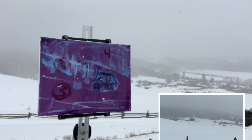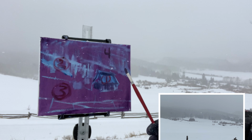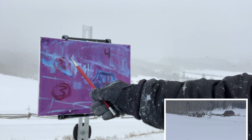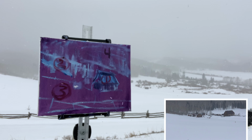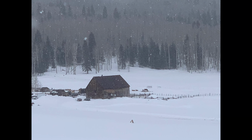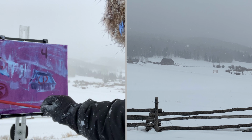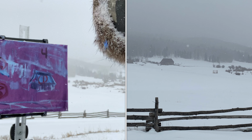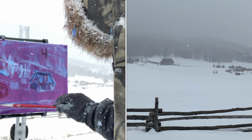Okay, let's talk about what I did here. I've got my pieces. I've really got 3 main pieces. Had to go quickly, it's very cold. But piece number 1 is going to be the barn. Piece number 2 is going to be that forest over there to my left. I think that will help me in the painting. Piece number 3 is really just a snowfield in front of the barn. So it's simple. And then the fence in the foreground, which is so characteristic of Colorado ranches, we will put that in just to kind of help show some